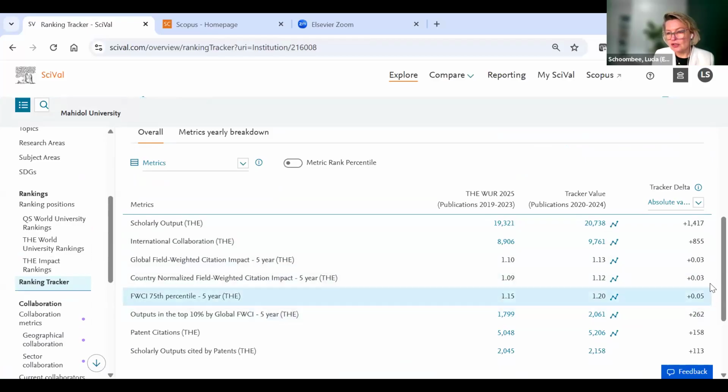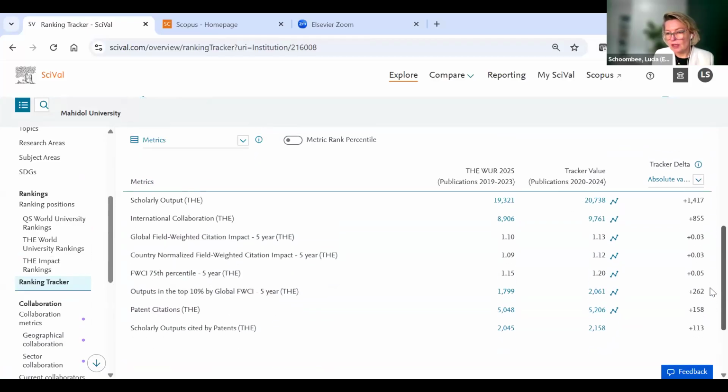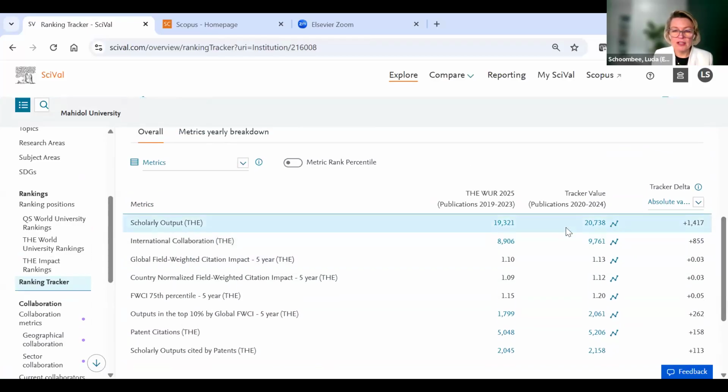If this institution, MyDol, has really strong performance, increasing on all of the indicators, you can see there's a strong increase there. So there won't be any surprises in the next announcement. There will most probably be an increase when the next ranking is published. But this also allows you to be aware of, analyze, and compare